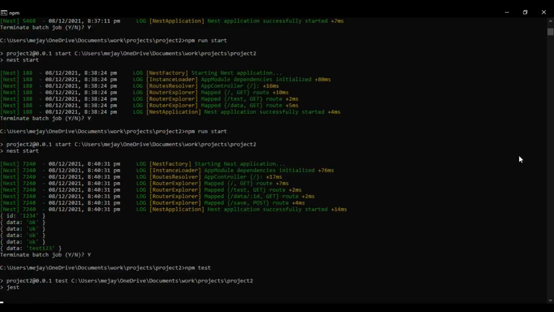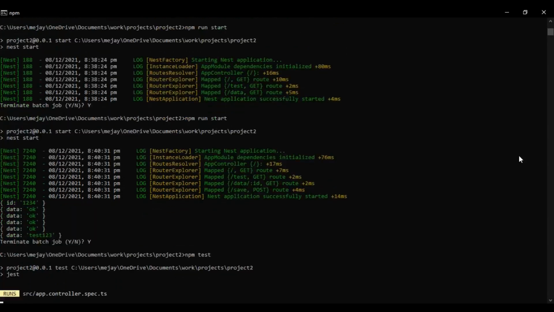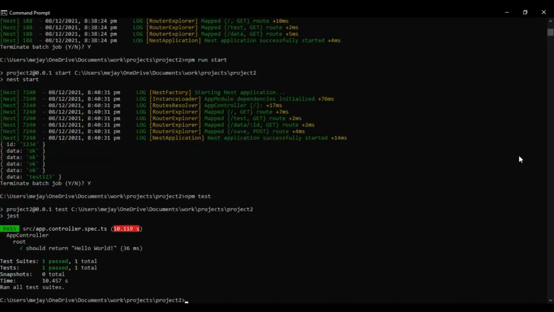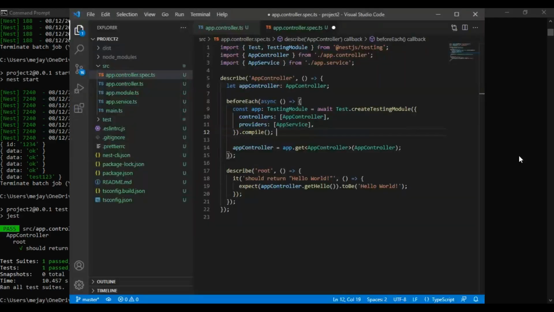This command will run the execution of test cases. This will run all the test cases which are added in that controller specs, and you can see it passed, and total passed and failed, snapshot, everything is there. So this way it is working.